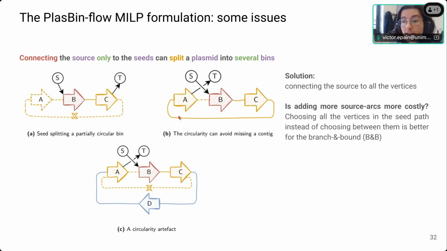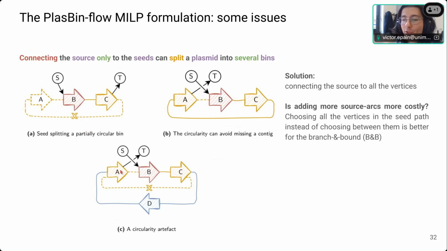If the circularity is maintained, it's not a problem because you can find BCA or either BAC. Okay. And I want to show you that the solver will be biased according to this circularity artifact.